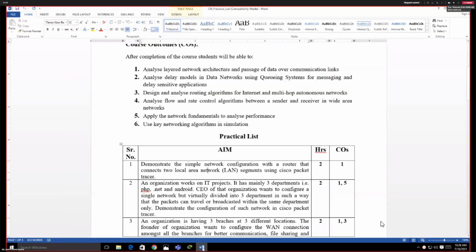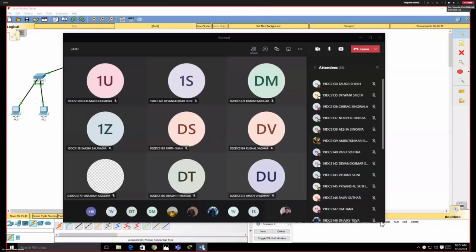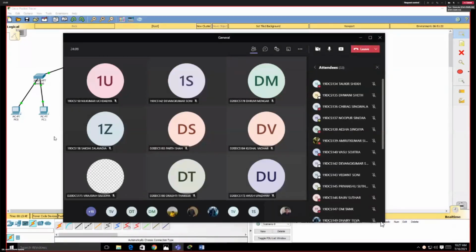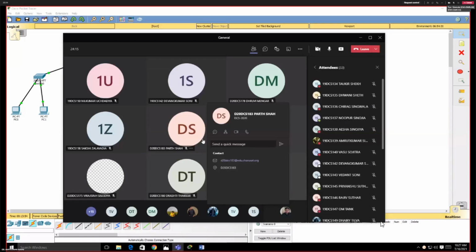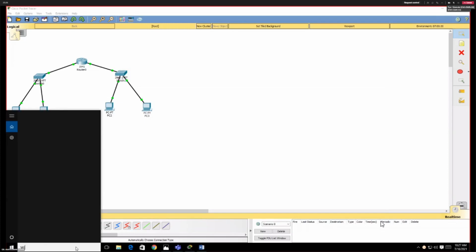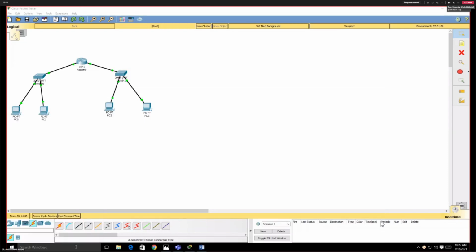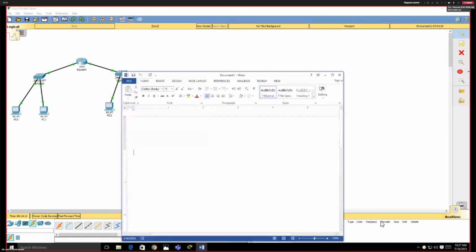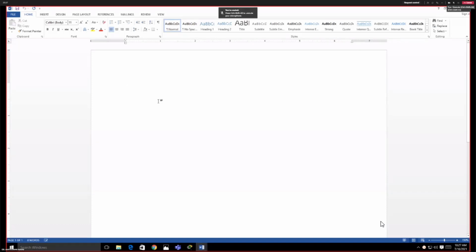Now to assign the IP addresses and all, first of all, it requires knowledge. If you want to implement this topology, then to implement practical number 1, you have to be clear with some concepts. Some concepts should be clear in your mind, and those concepts are related with IP address, and with selecting a type of cable while connecting multiple devices.